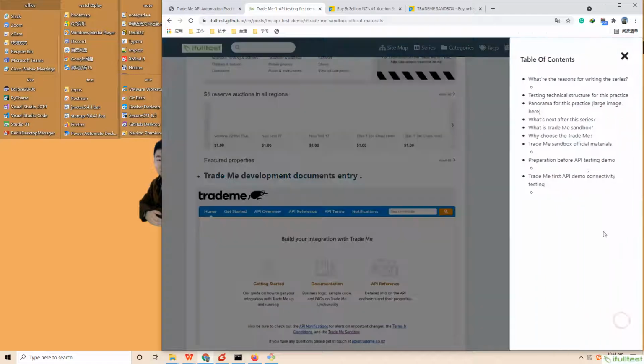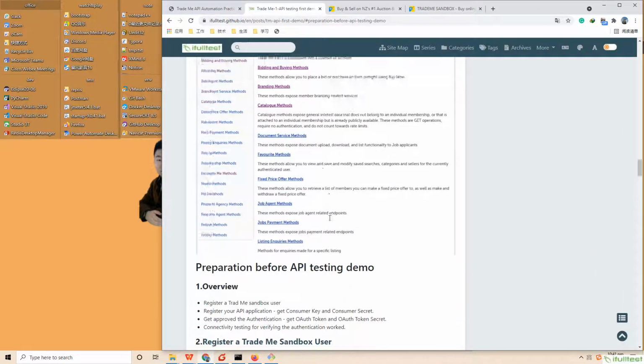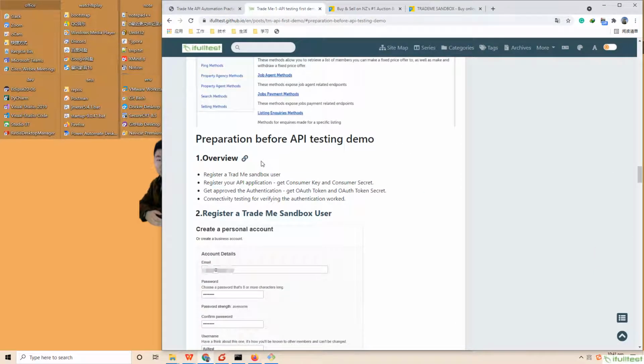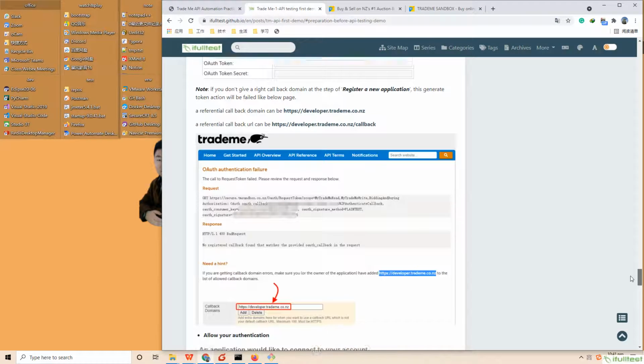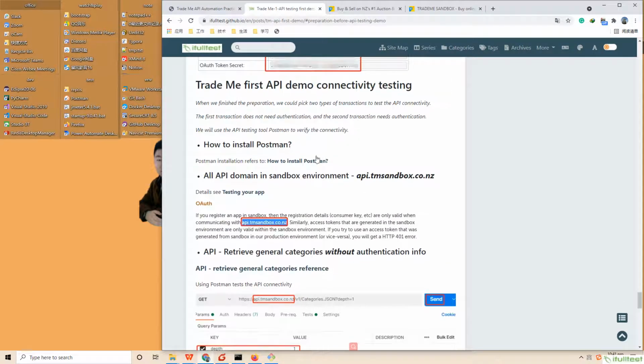Then, to guide you how to prepare the related environment before running your first API testing. Finally, I'll show you the effect of running the first API testing. Let's start.